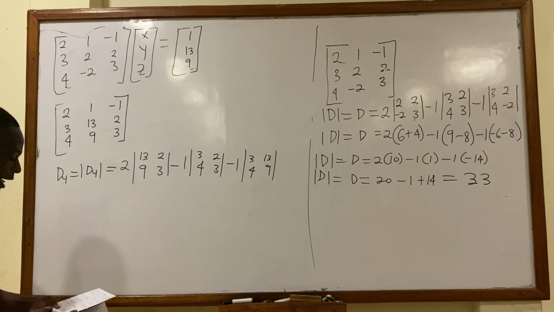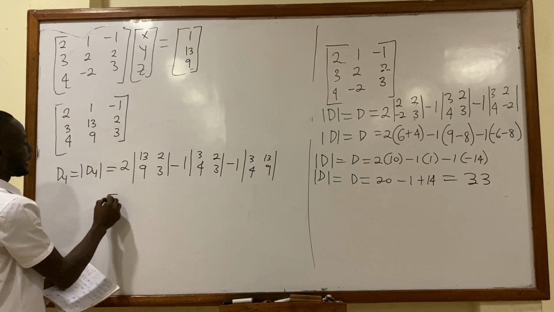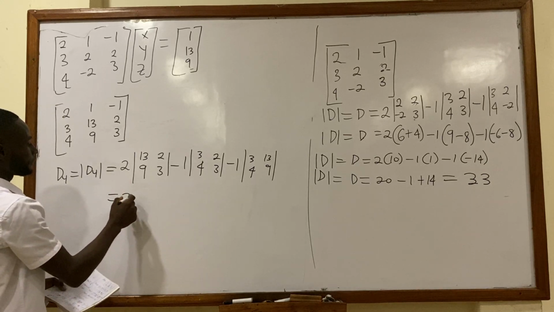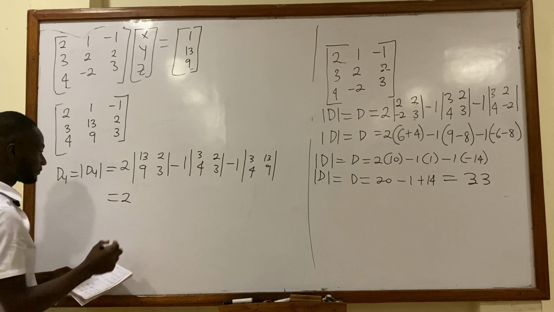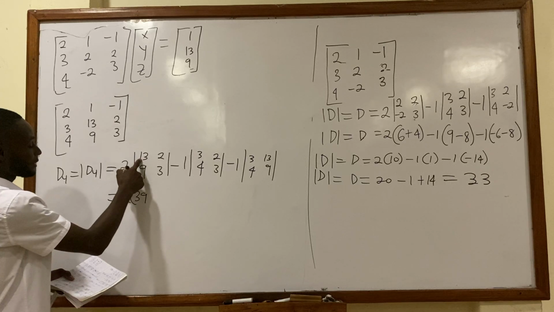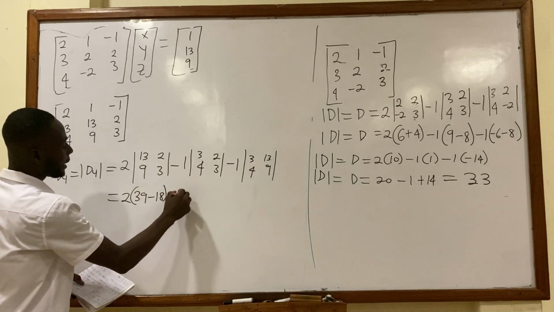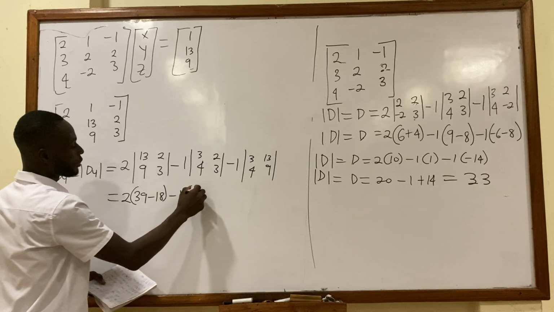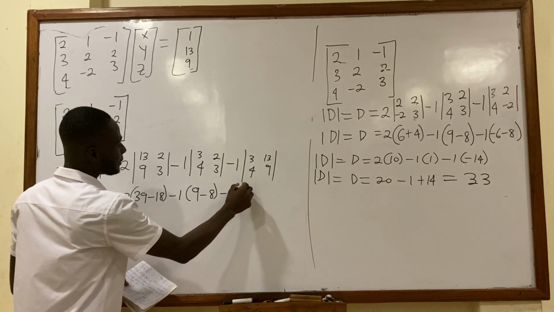Right? So now we can simplify this and find the determinant of each 2 by 2 matrix. This will give us 39, 13 times 3, which is 39, minus 18, minus this will give us 9 minus 8,